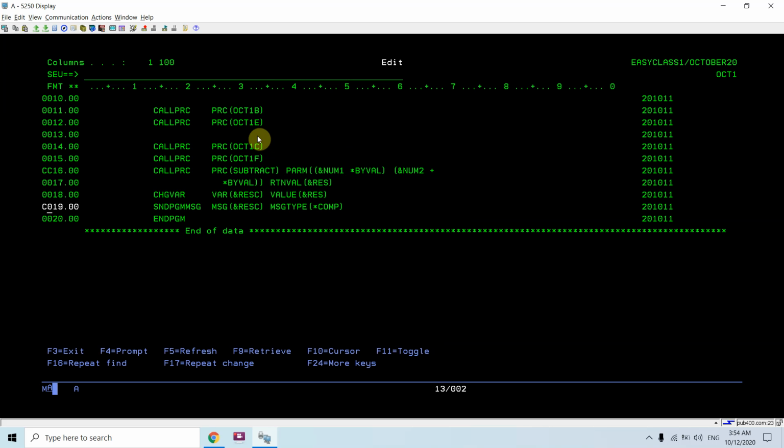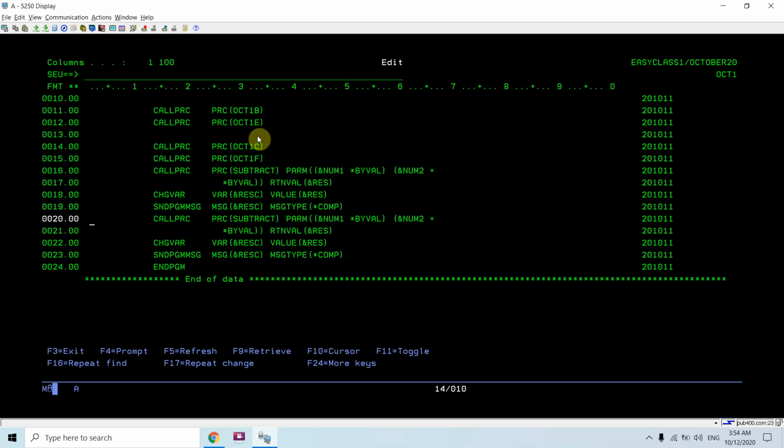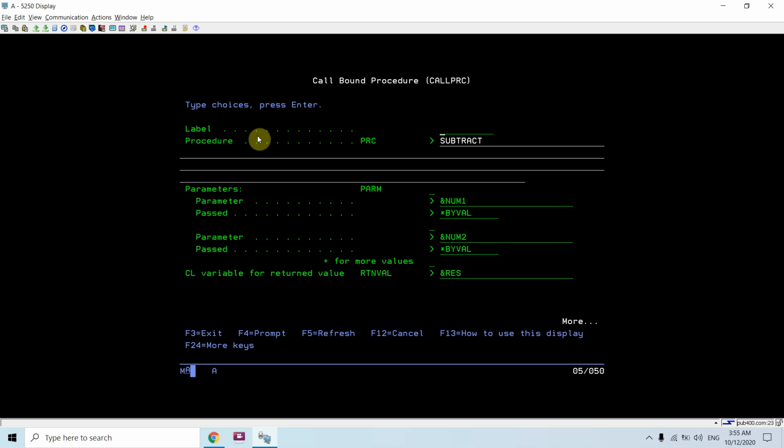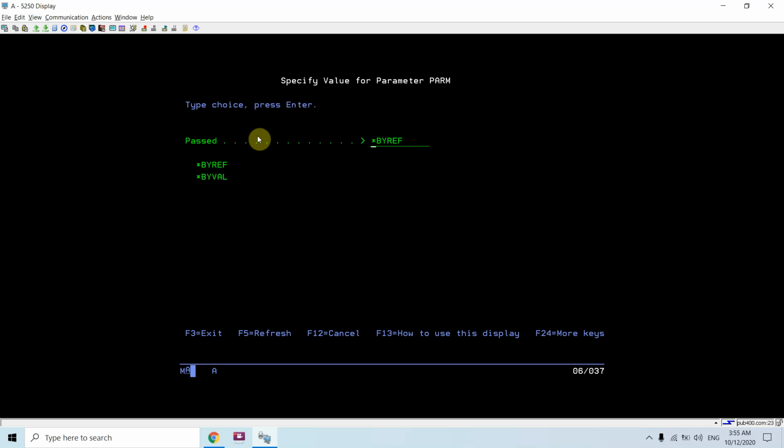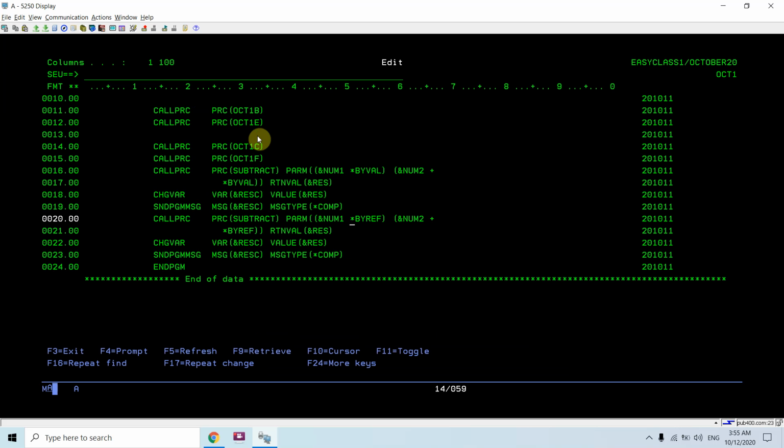The same way I'm calling this again, call prc subtract, but now this time by ref. Okay, so if I take F4 I can see those two value options, by ref or by value. So one will be called from the service program called oct1c1, and another will be oct1c2.